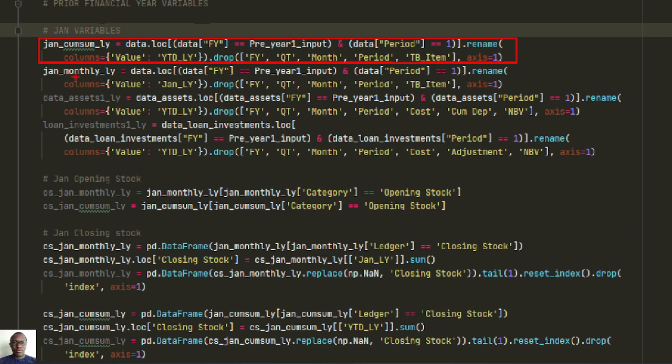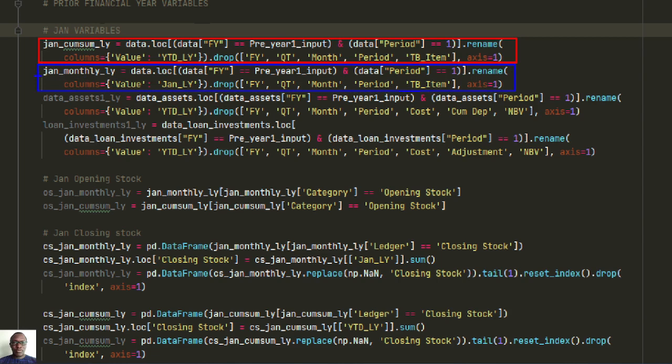So here we are dealing with the monthly variable, not the cumulative sum variable. This is a monthly variable for January. Here the same formula applies, rather the same procedure that we used in January cumulative sum applies to this other variable down here. So what differs only is the